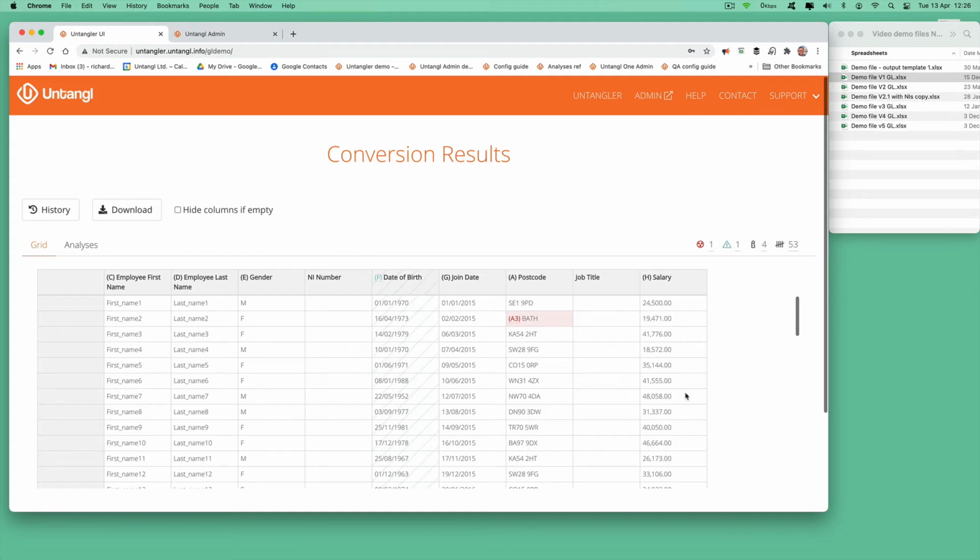There are a few things that are worth pointing out at this stage. Firstly, there are some letters in brackets for some of the columns. These represent the source file column reference from where the data has been selected. So in the example of employee first name, that would have been column C on the input file. Secondly,